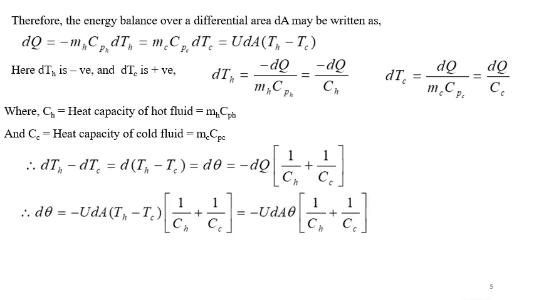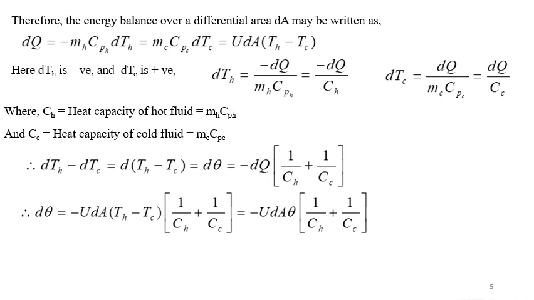So again rearranging, therefore d theta is equal to, now we know what dq is. dq is U into dA into (Th minus Tc). So substituting that value of dq here, minus U into dA (Th minus Tc) into (1 by Ch plus 1 by Cc),